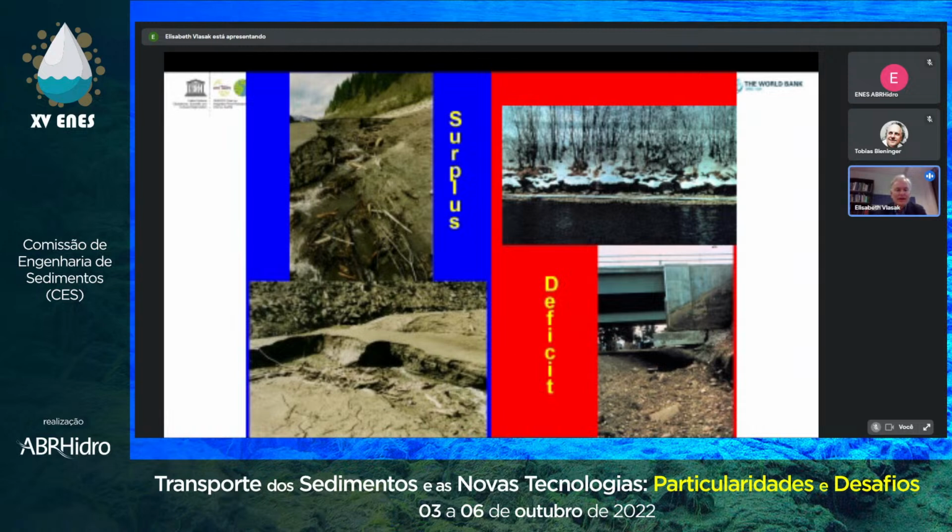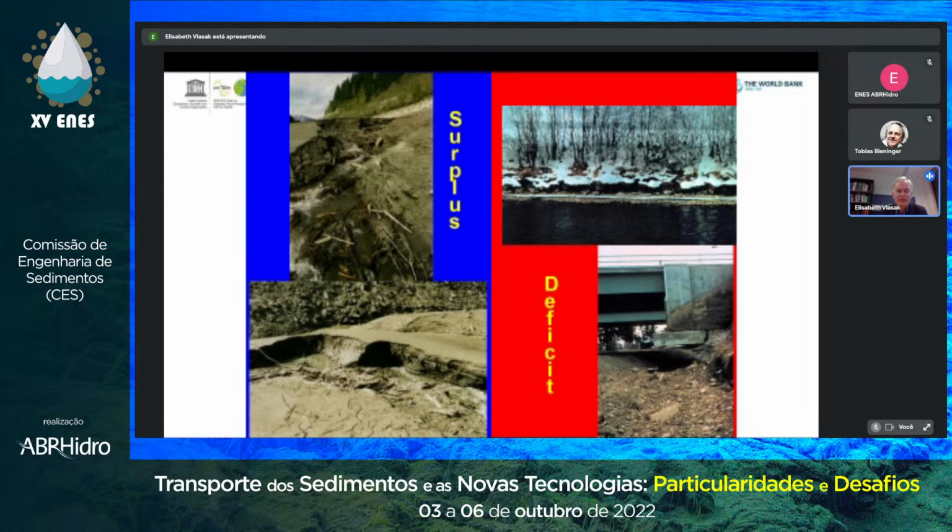Now, I would just like to start with this slide here. What we have is either too much sediment, as you see on the left pictures, and you have a deficit on the right side, so not enough sediment. If we have too much sediment, and not enough measures, we end up with reservoir sedimentation, which is the topic of this presentation. This picture is from a weekly reservoir. In one flood, it can be completely filled up with sediments, also combined with trees, and we have not the reservoir volume anymore for electricity production. So something has to be done here.